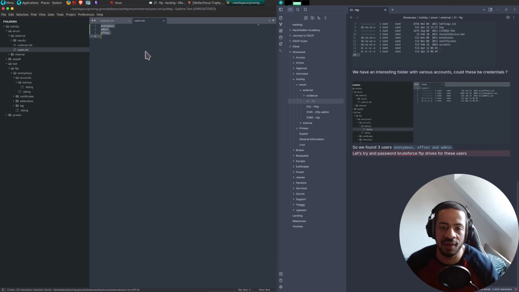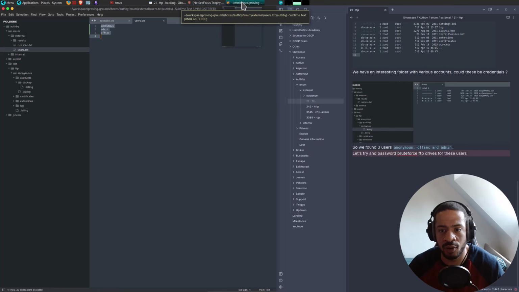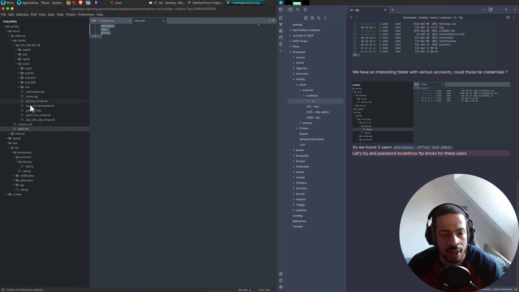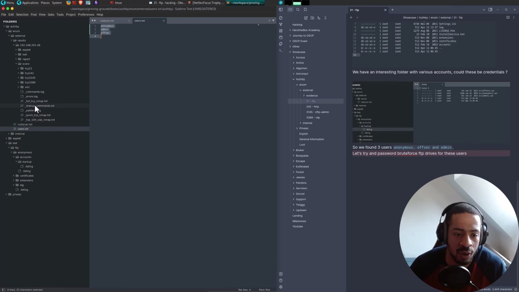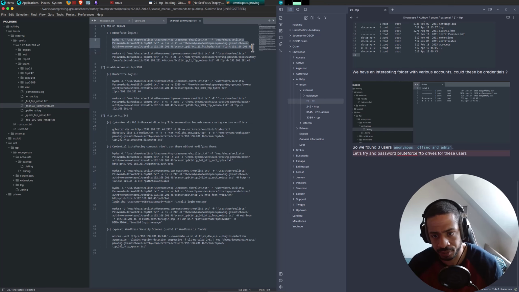So we're saving these users, and what we're going to do is perform a brute force attack. The reason is that if you go on AutoRecon, you have the manual commands, and AutoRecon also tells you you should run Hydra on the FTP share.